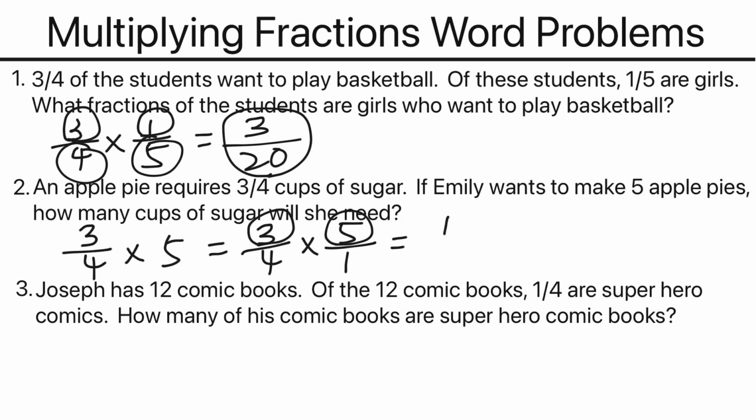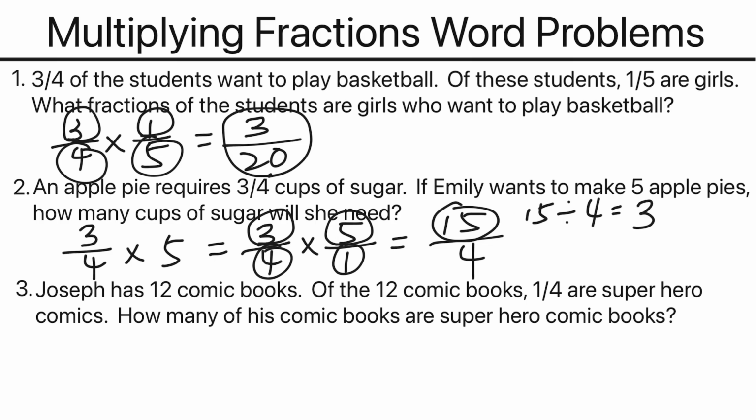So 3 times 5 is 15. 4 times 1 is 4. And now what we have is an improper fraction, as the numerator is greater than the denominator. So now we want to see, out of the 15 that we have in the numerator, how many equal groups of 4 we can divide that into. So if we take 15 divided by 4,